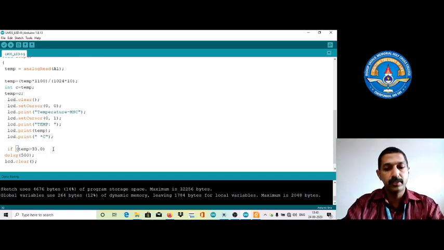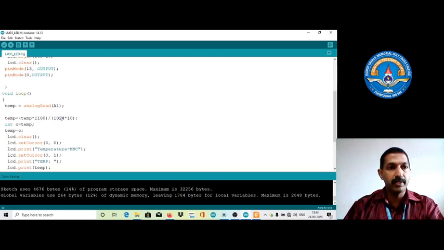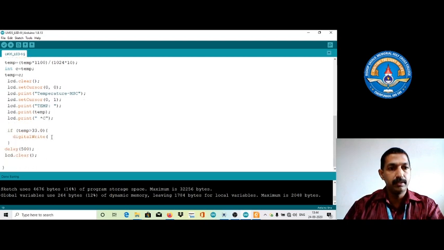Then what you have to do? A set of statements, that is, we are starting with the curly braces. How can we write it? That is digital write, as we have already executed with our LED. Digital write pin number, which should be red and which should be green. We can simply get it as it is. For example, this one is red, this one is green. So we need to enable 13 red. When the temperature is high, we can enable digital write 13 as high.